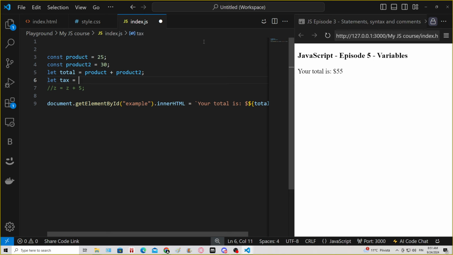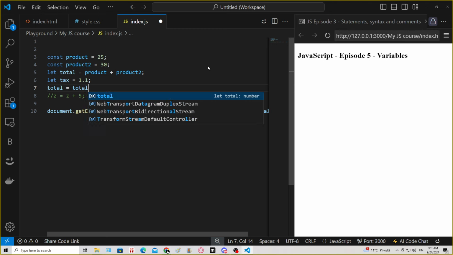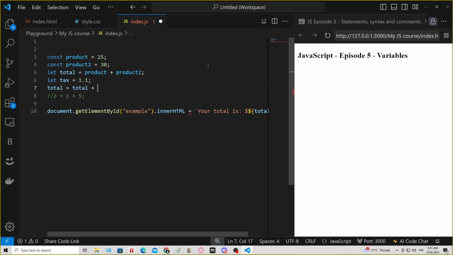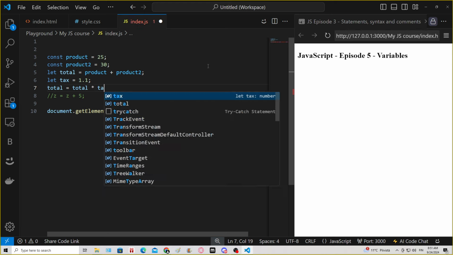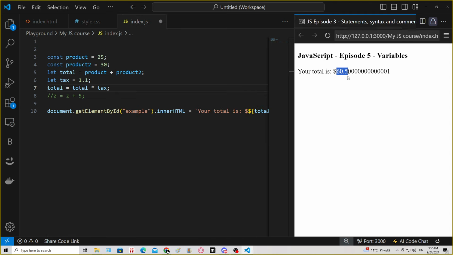And actually I'm gonna first add that 1.1, so the tax is going to be like the product itself plus 10%. And then we can reassign total. So total is going to be equal to total times the tax. So that will be $60 and